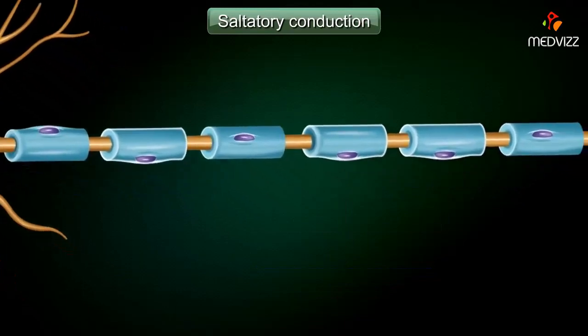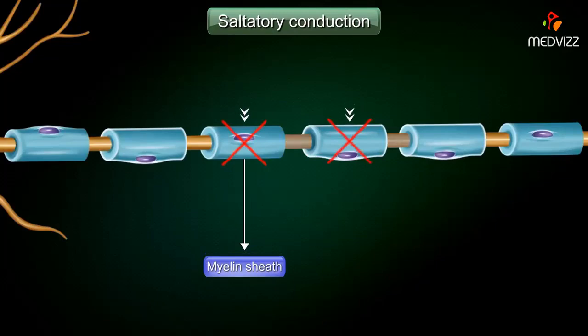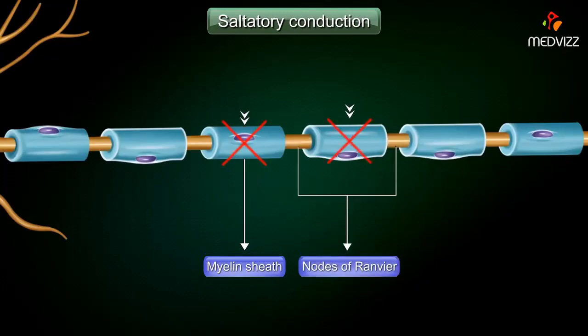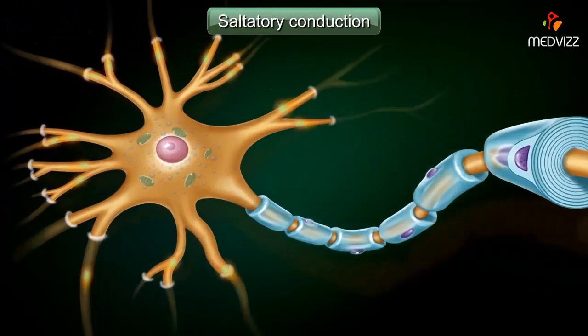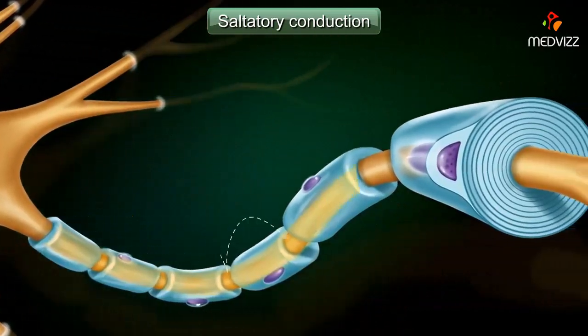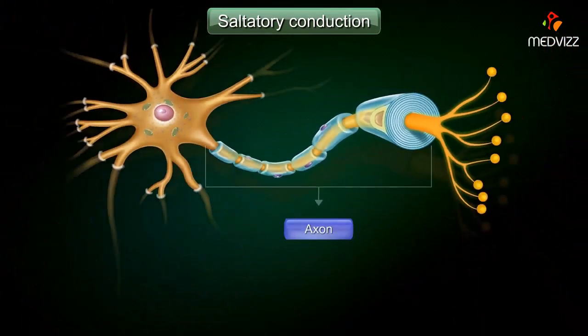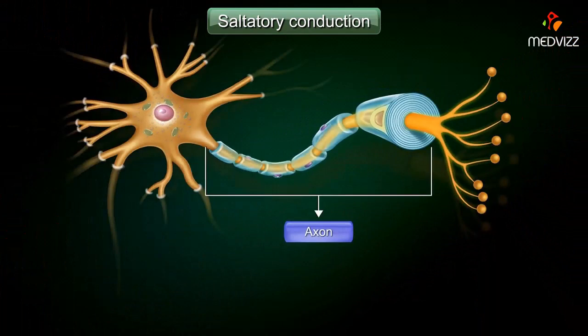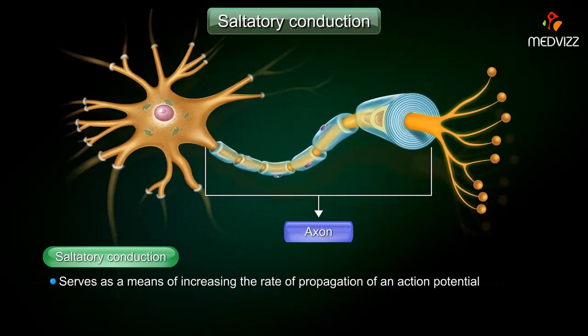As depolarization cannot occur at the cells making up the myelin sheath, the wave of depolarization can only occur at the nodes of Ranvier. Thus, action potentials appear to jump from node to node when traveling down an axon, and this phenomenon is known as saltatory conduction, and it serves as a means of increasing the rate of propagation of an action potential. Not only does saltatory conduction increase the speed of impulse transmission by causing the depolarization process to jump from one node to the next,